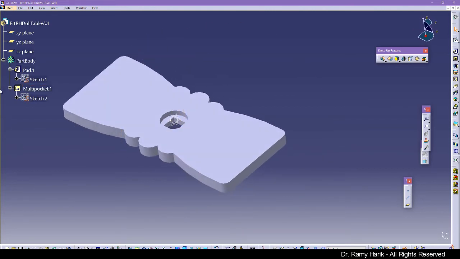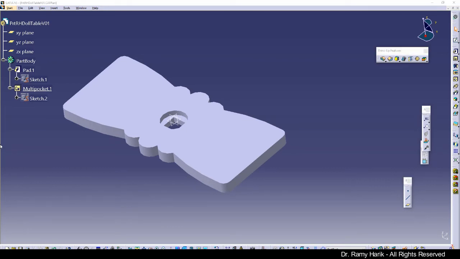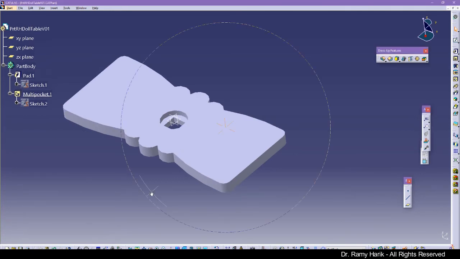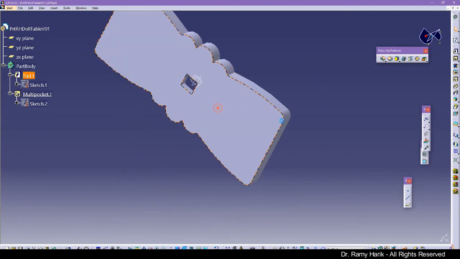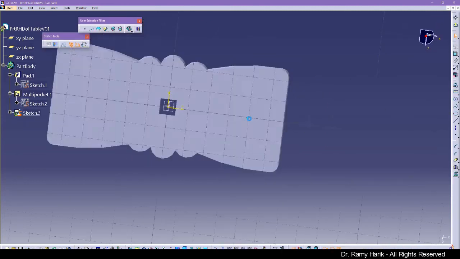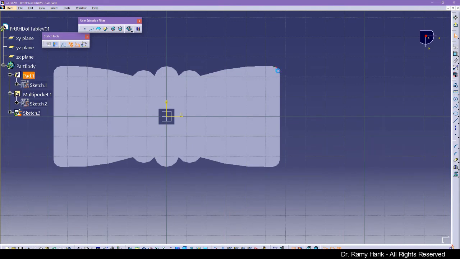All right, looking into the dimensions, this looks like the only thing that we still have to do is the table legs, and these table legs, they look like at 25.4 from the bottom, and they are for these four circles. So let's go ahead and pick the bottom from here and click sketch. And this sketch